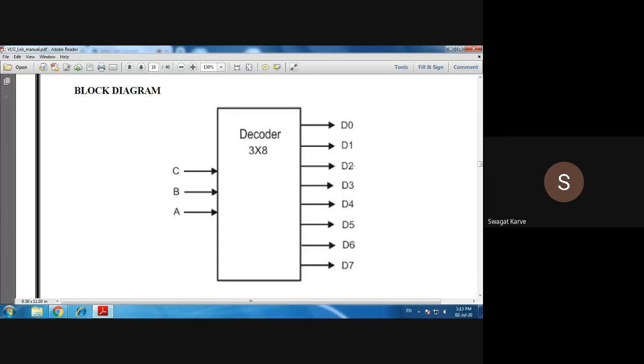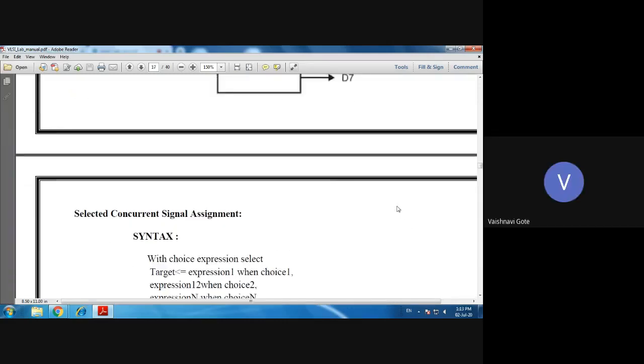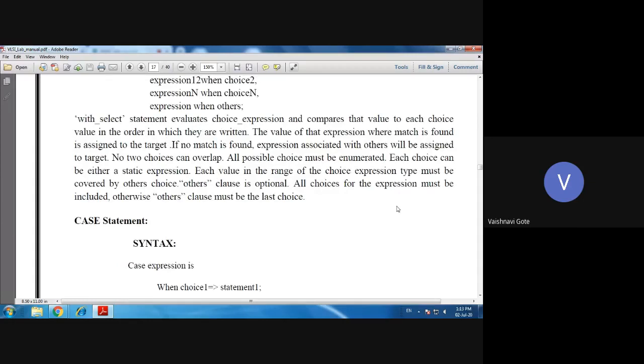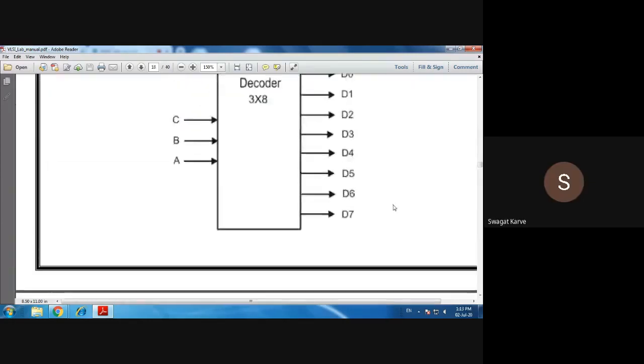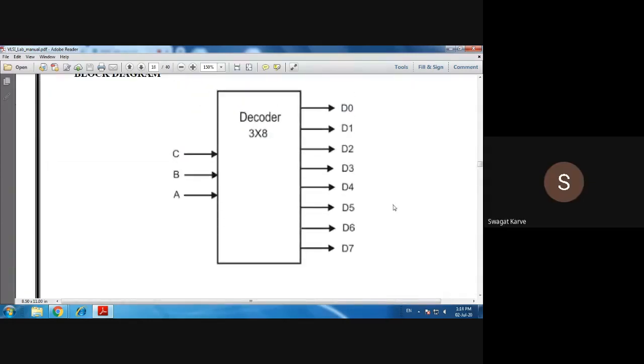1, 2, 3, 4, 5, 6, 7, 8. Right? All of you clear? Yes or no? Yes, sir. Okay, now you just tell me the probable combinations. Suppose you have 3 bits, 1, 2, 3.